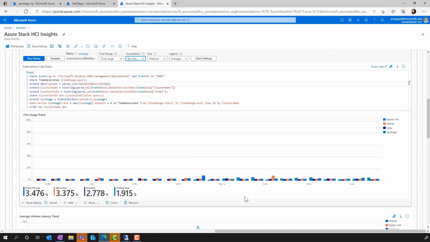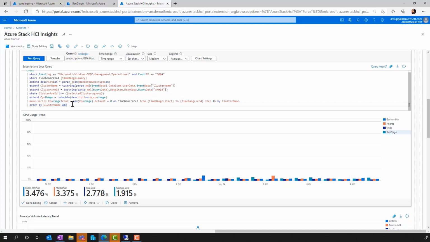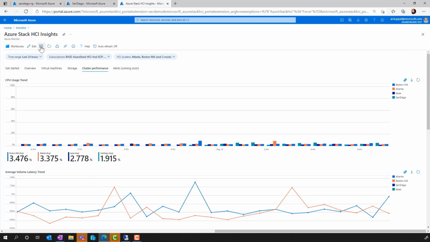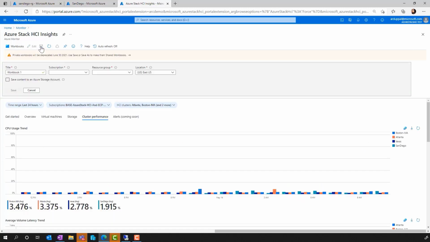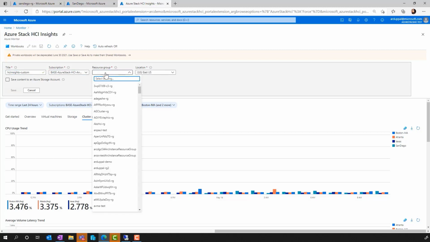It's fairly easy to change the views, and the user can modify the queries as well. Now, these customized views can be saved as a workbook. Let's save it to our resource group.